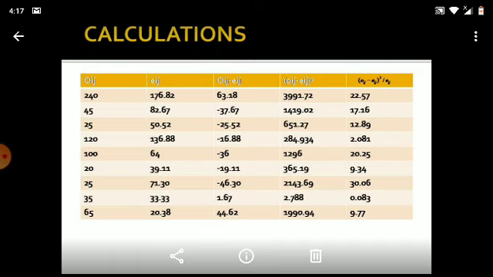Now it's your choice whether to write the values vertically first or horizontally first, but write all the 9 values of OIJ and corresponding EIJ values. Please be careful that the values should be corresponding. 240 के सामने जो आ रहा है वही उसके सामने लिखना है, that is 176.82. 45 के corresponding जो ऑब्जर्व्ड के corresponding जो एक्सपेक्टेड की वैल्यू है एग्जैक्टली वही वैल्यूज़ हो.